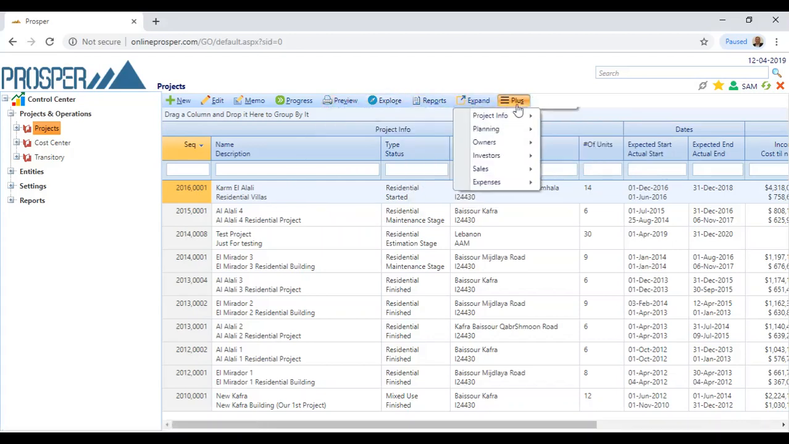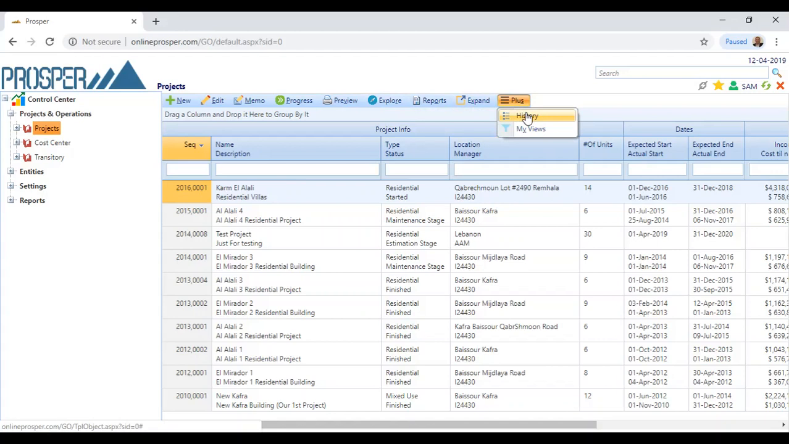We're still explaining this one, and the plus. This is the history to tell you who did what on that project and when. This is the history view. And the my views, for example, let you, if this view, as you can see in this